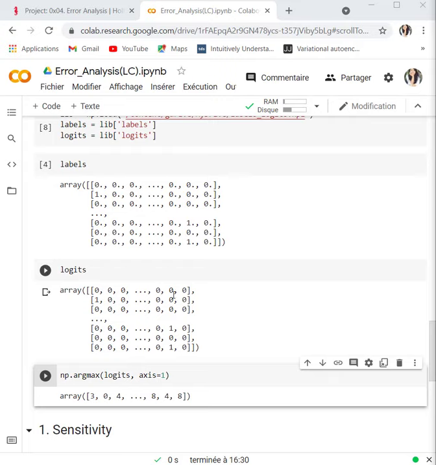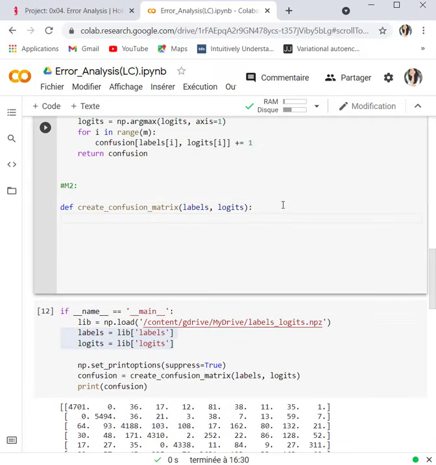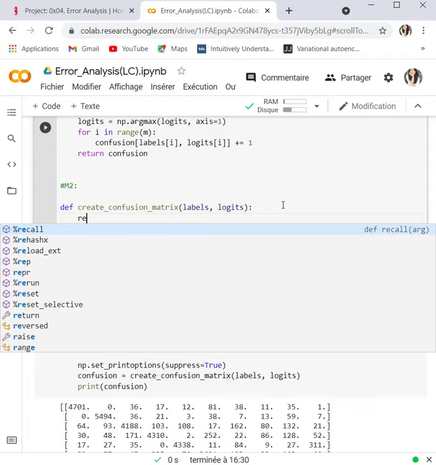If we have the transpose of my labels, I will have a matrix with shape classes here and M here. If I do this, I will have the same results as the function that I already coded. This is pretty simple.